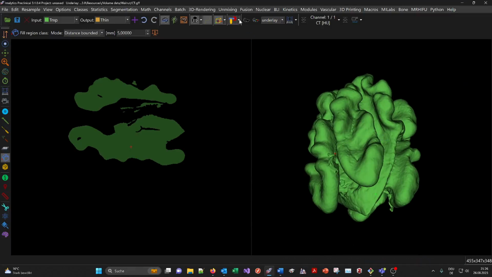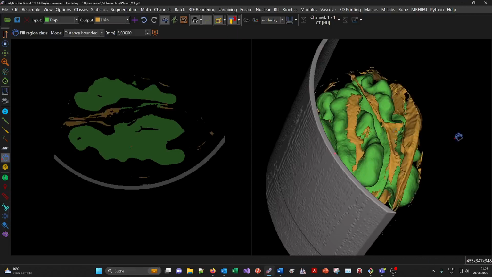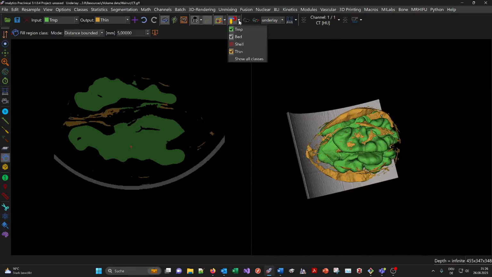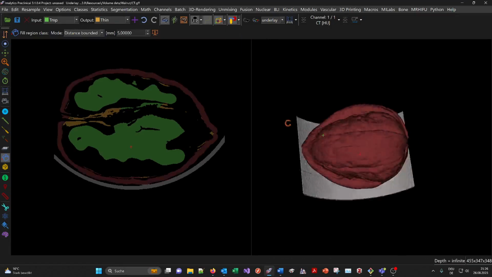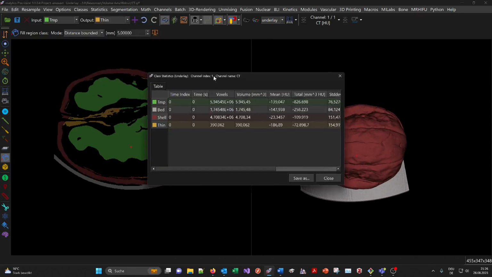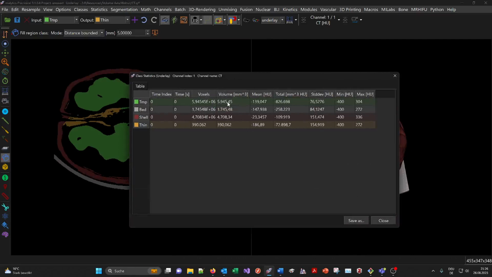And now let's turn on the visualization again. Here, the bed and the thin stuff, and also the shell here. And using the statistics tool here, you can get all the quantification, like the volume here in cubic millimeters, the mean intensity,